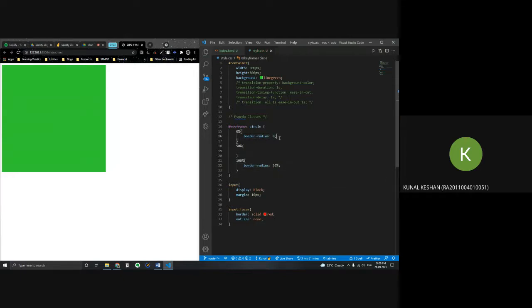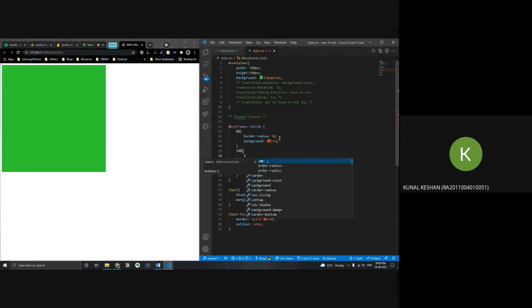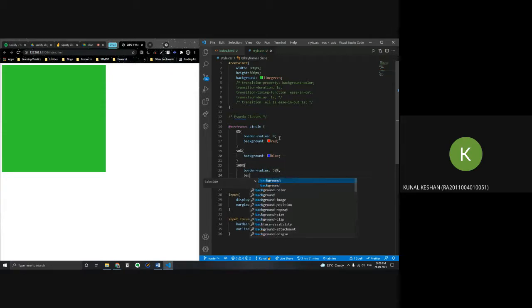And say I want the background to change when it's moving from one animation state to another. So here background red. Then background to blue over here. And the final, I want the background to be say lime green or something.